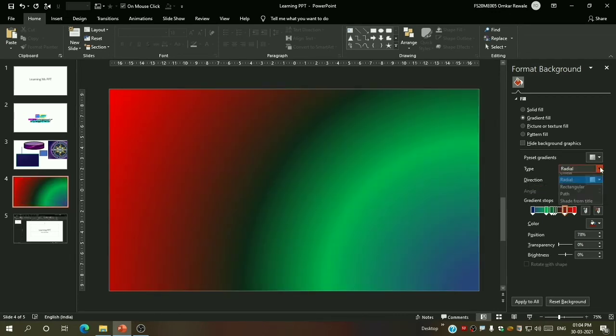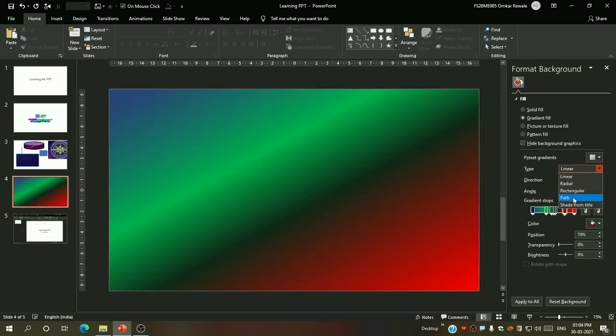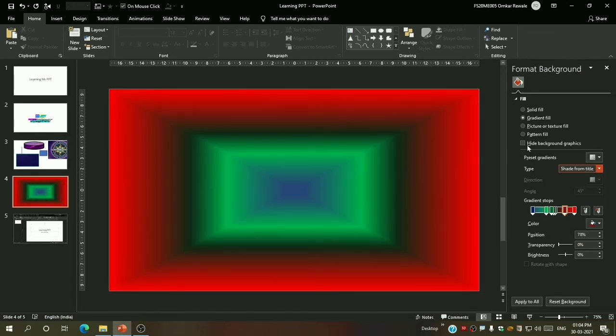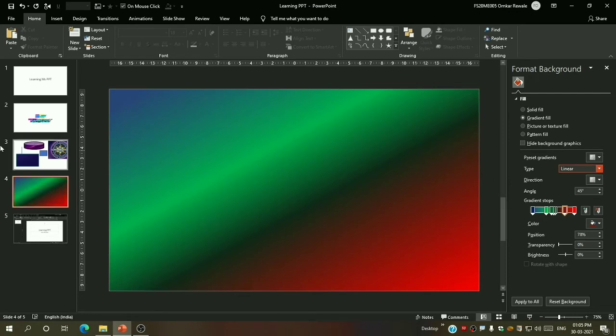Okay, so everything is the same, just when the type changes, the gradient style also changes. Okay, well, this is not something big to understand. It is very easy. You can understand that very easily just by practicing it. Do whatever you want. As I told you from the first, do whatever you want. In this you will automatically learn this on your own.